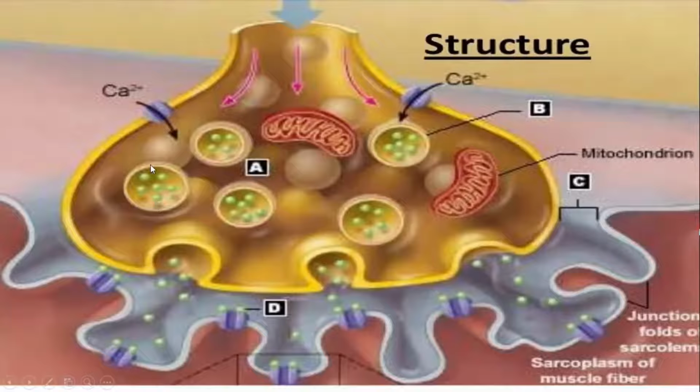That is, they get accumulated in this part. Now an action potential has arrived, so there is a change in membrane voltage. This causes influx of calcium in the cell. There is a calcium sensor present out here, which is known as synaptotagmin.